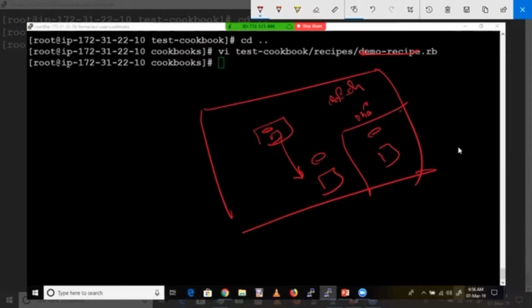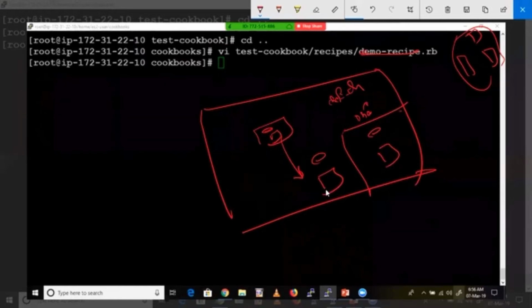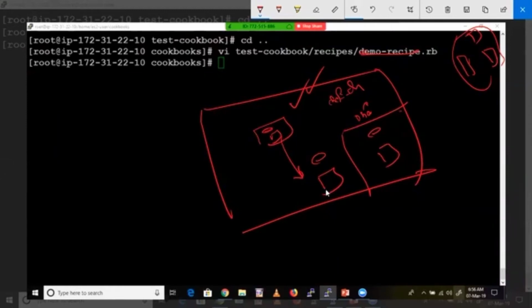See, don't think that, Sai, why are you applying locally? We need to apply to server and nodes, right? Yes, we need to do that one. But just for testing purposes, till the time you get familiar with this code, I'm applying locally to avoid confusion. Because if I straight away show the server and nodes, it creates unnecessary confusion. Anyway, you don't know how to write the code as well as this complex setup. Once you're good with this code, then I'll take this complex setup, server and node. Then I'll create so many recipes and apply them to nodes.